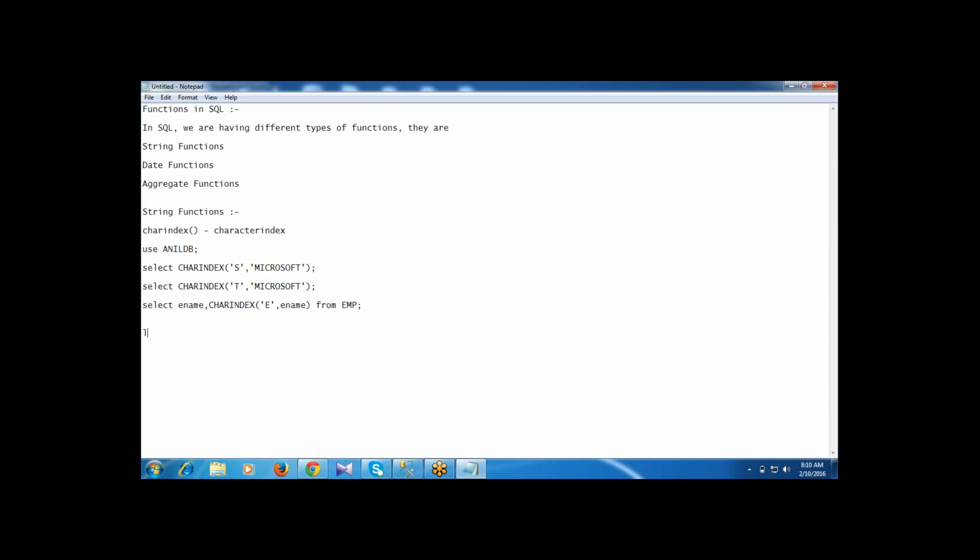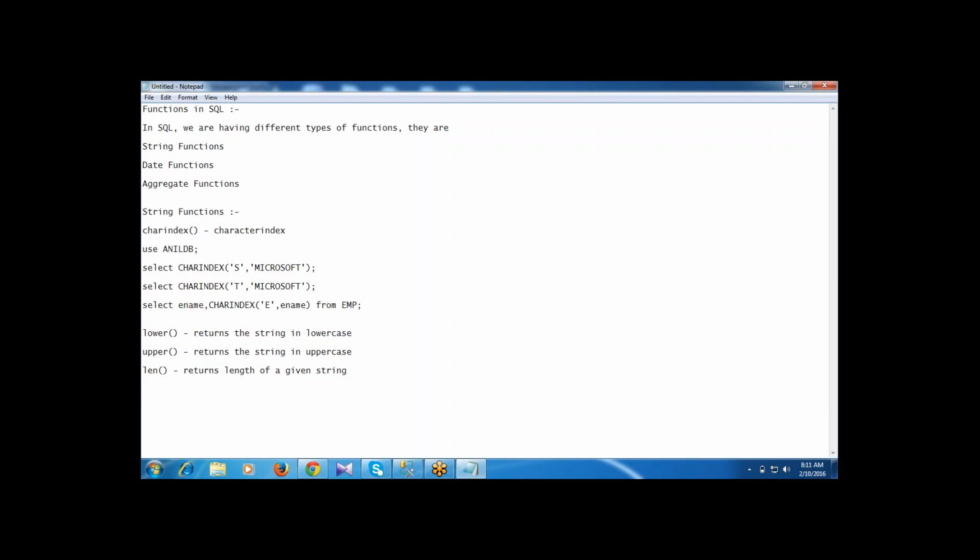Next, the LOWER function returns the string in lowercase. The UPPER function returns the string in uppercase. The LEN function returns the length of a given string.